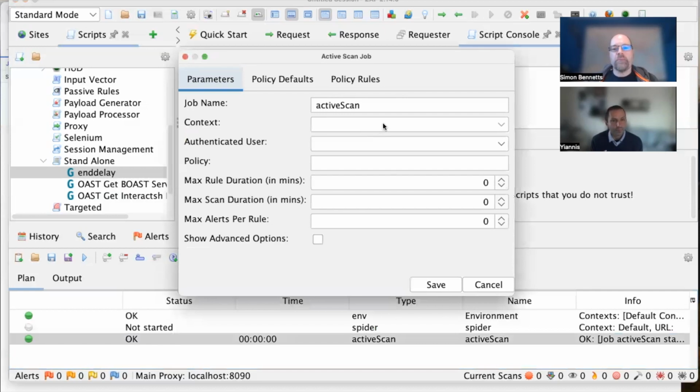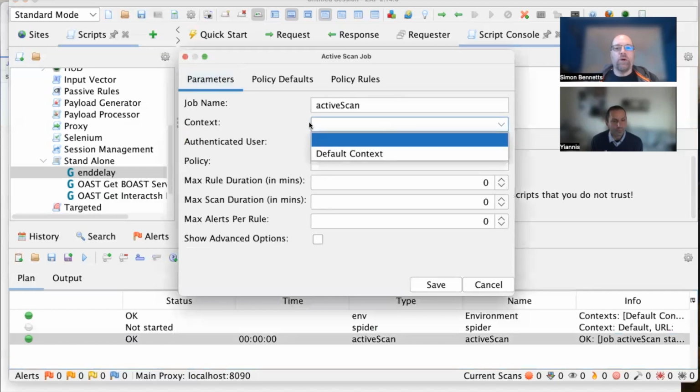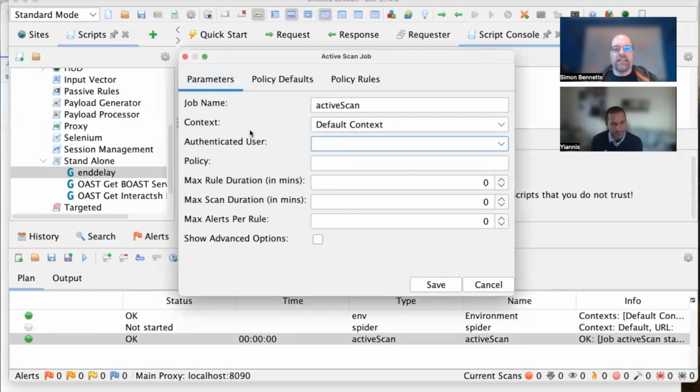So what I'm going to do is talk about the options that we've got with the activeScan job. Now, we only have one context at the moment, and we don't have any authenticated users. As I've mentioned, we're going to cover those in a future video. The policy, we can actually have scan policies. So you can define policies which cover different sets of rules. I wasn't going to demo those now, but I will show how you can change the default policy. Within ZAP, you can define your own policies, which say only look for cross-site scripting or something like that. Only look for SQL injection, only look for cross-site